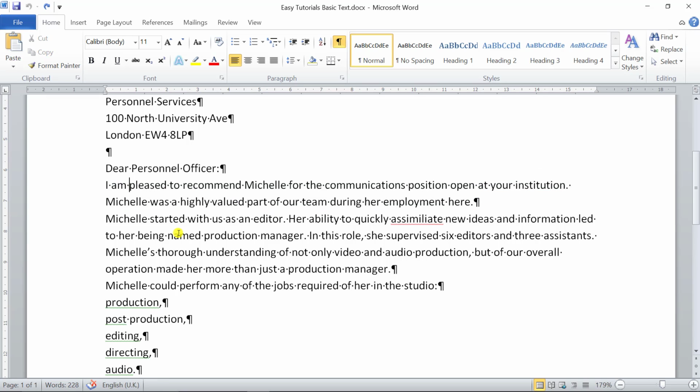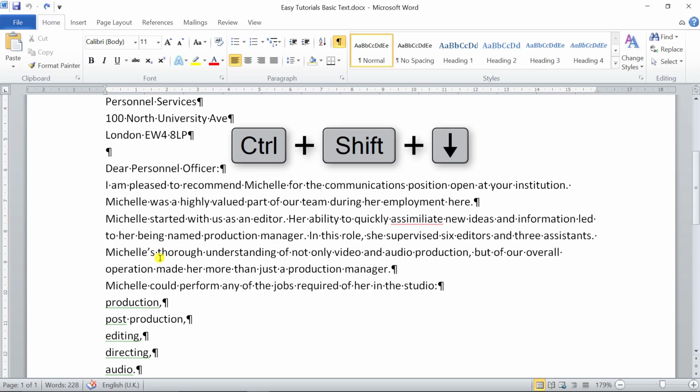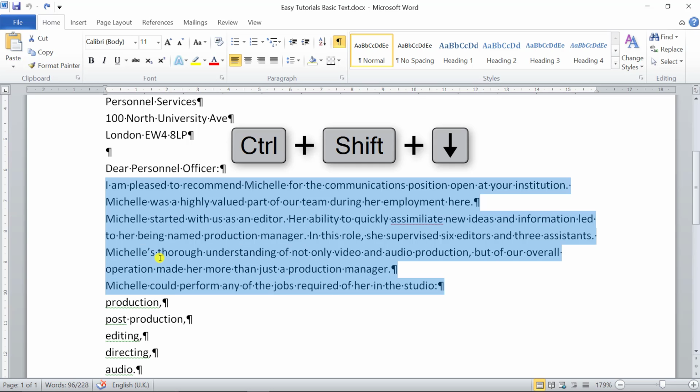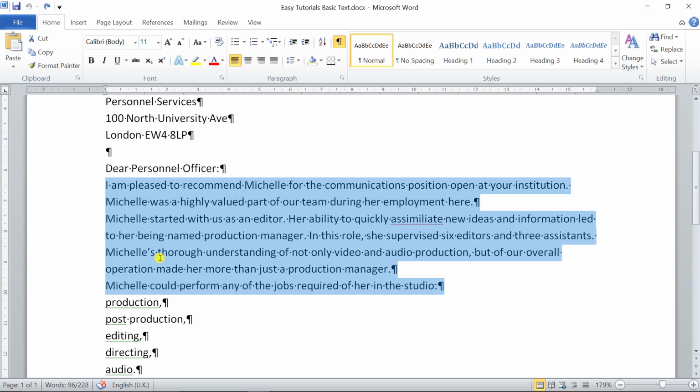Now the good thing about this is that if you learn the navigation keys, you can then learn how to select with them as well as with a mouse. So if you're there and you do Control down, it goes one paragraph at a time, one up at a time. Now watch this. If I want to highlight something, I do Control Shift down arrow. There's your first paragraph. Down arrow, second paragraph. Down arrow, third paragraph. So I can use the combination of the Shift key as well, and instead of moving,